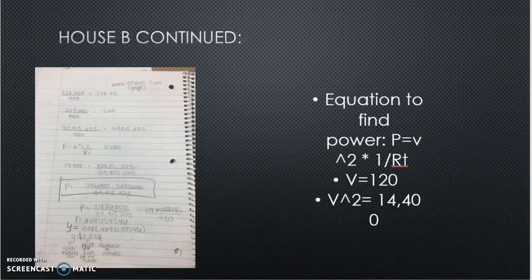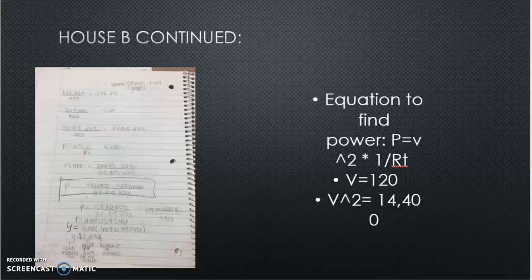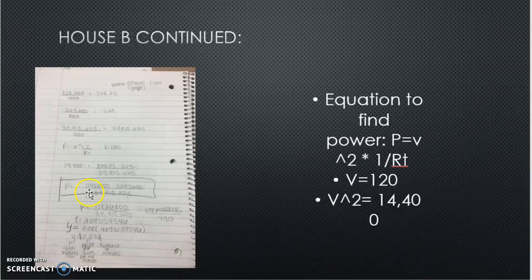828.25 minus 229I divided by 39,915,625. And I got my power equation was 11,926,800 minus 32,976,000 divided by